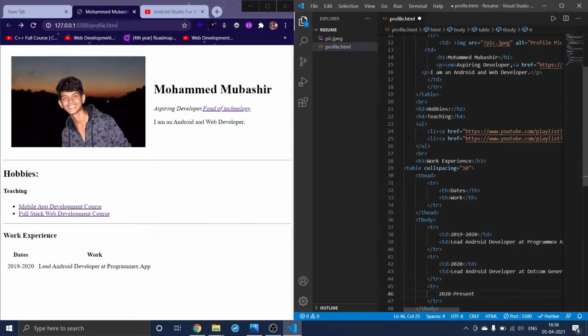Okay, I forgot to use td here, so td, it says 2020 to present,